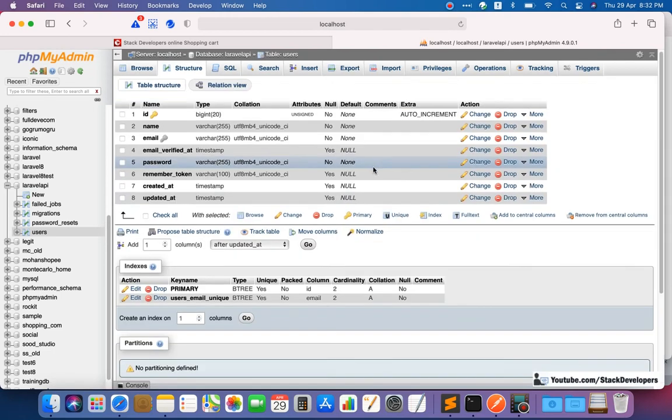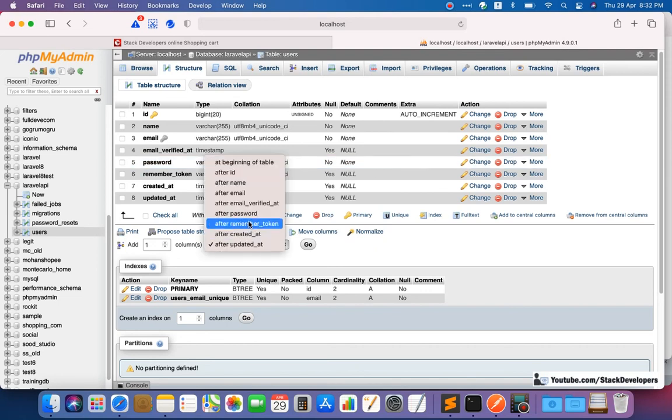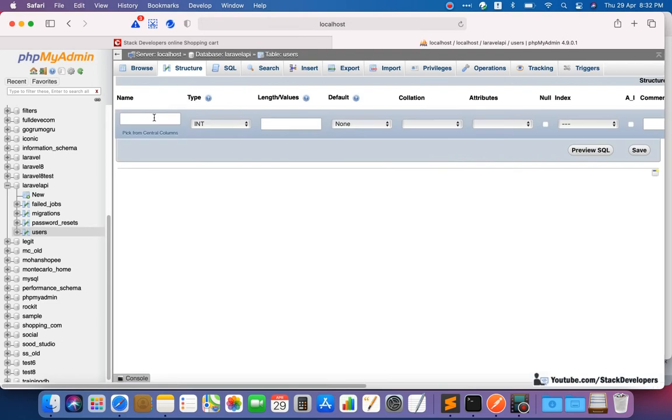You can add the column with a migration also, but I am going to save time and add the column here simply like this. For the first time I am adding it like this, but you can use a migration. I am going to name it api_token, and I am going to take varchar.